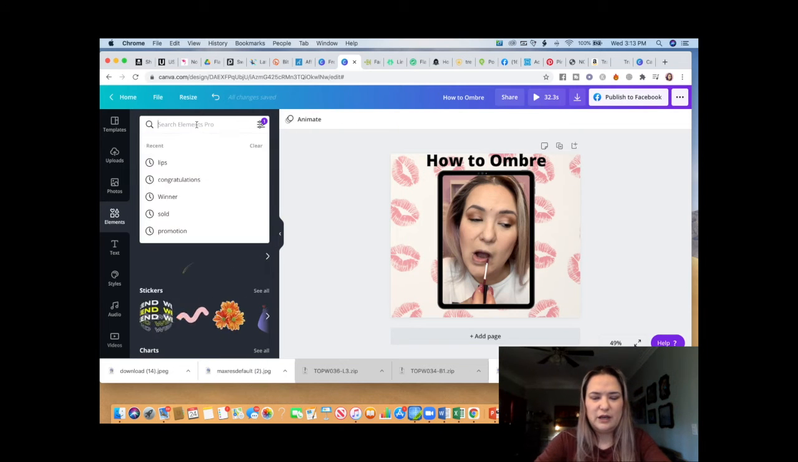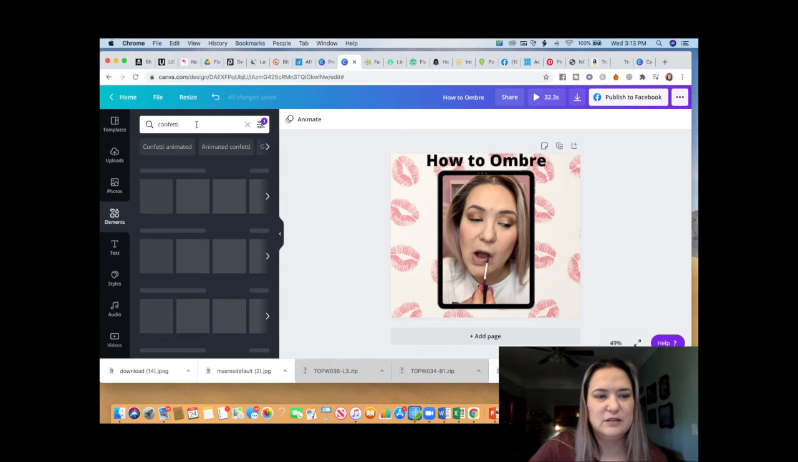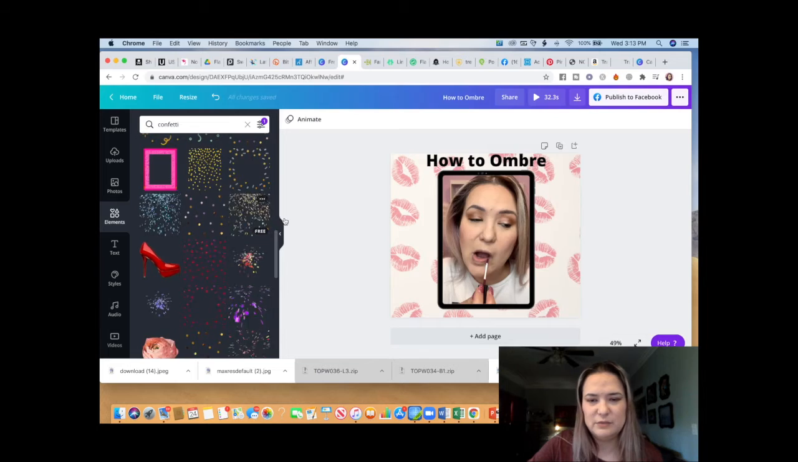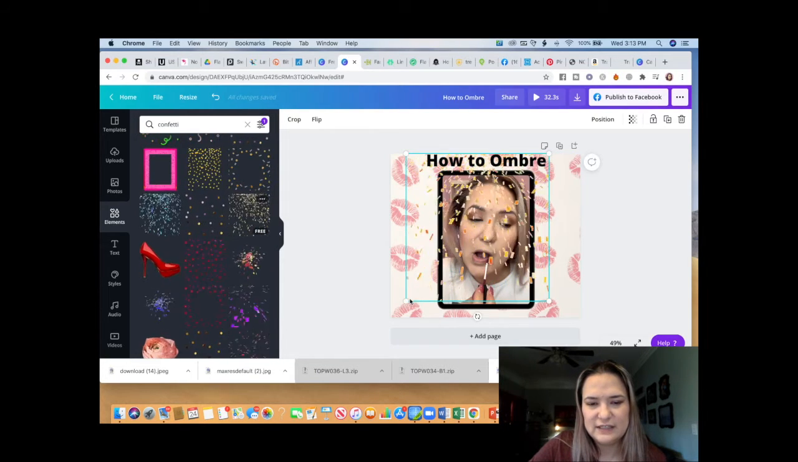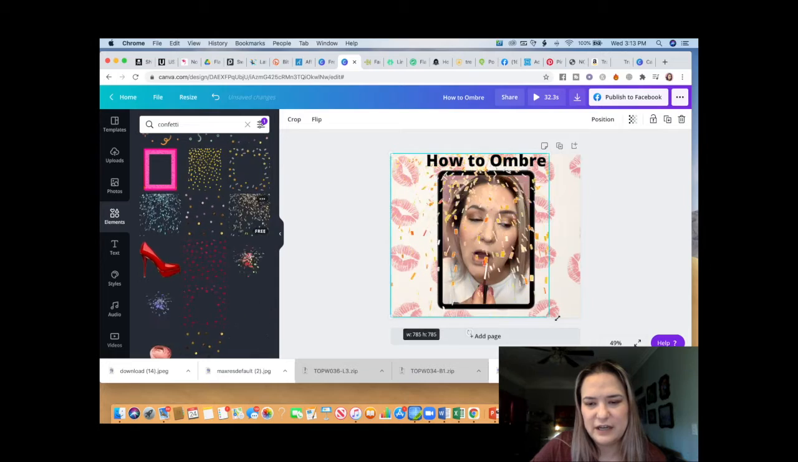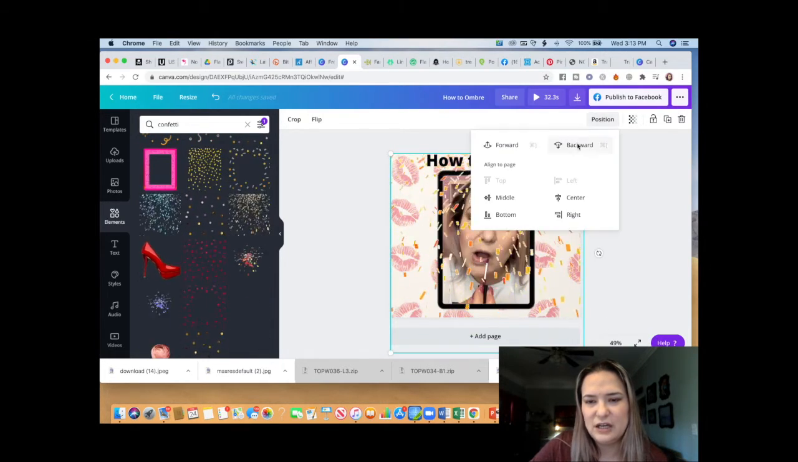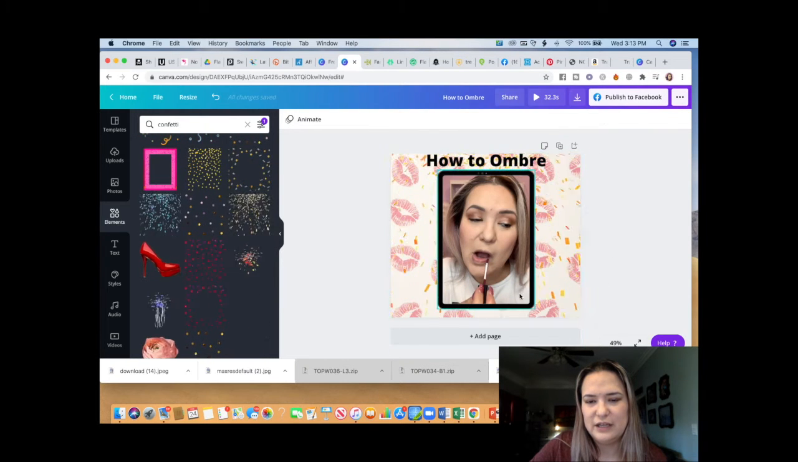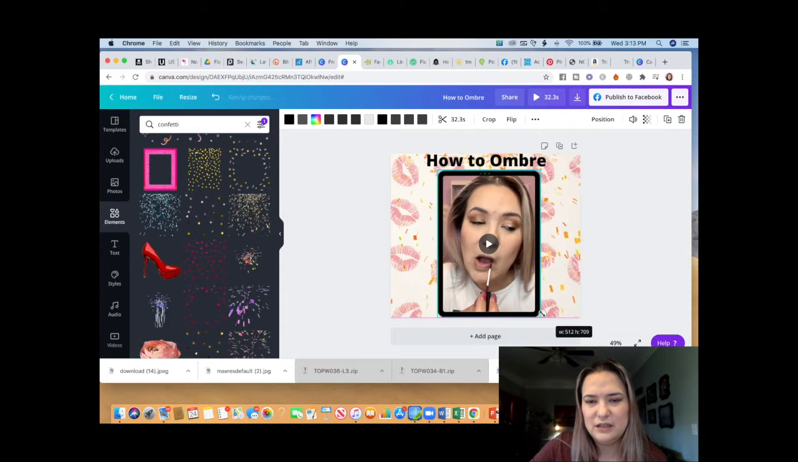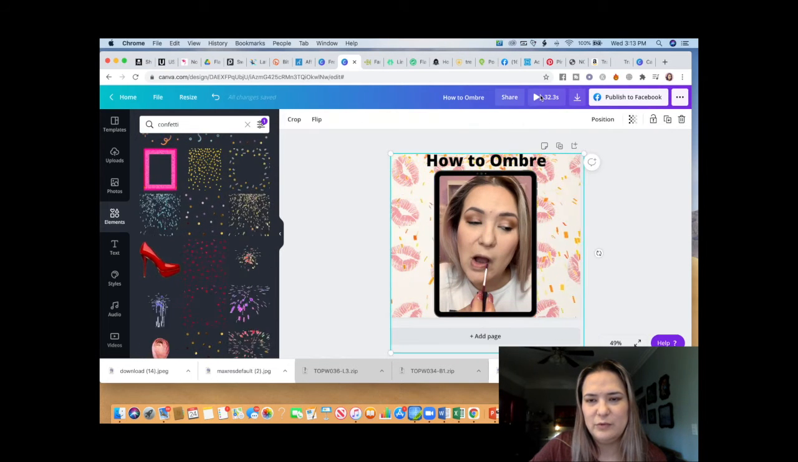Let's do confetti. Alright, so I'm going to do this one. I'm going to resize it so that it fills my entire background. And then I'm going to position it all the way to the back. How to ombre. And so we get something like this. And then when we play it,